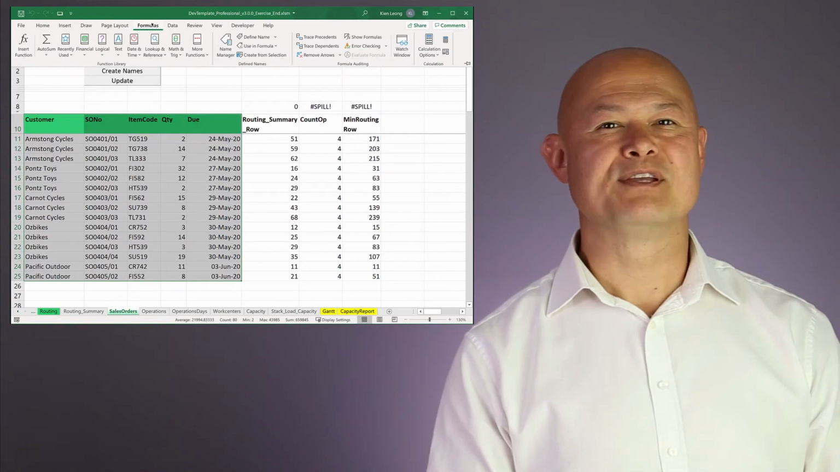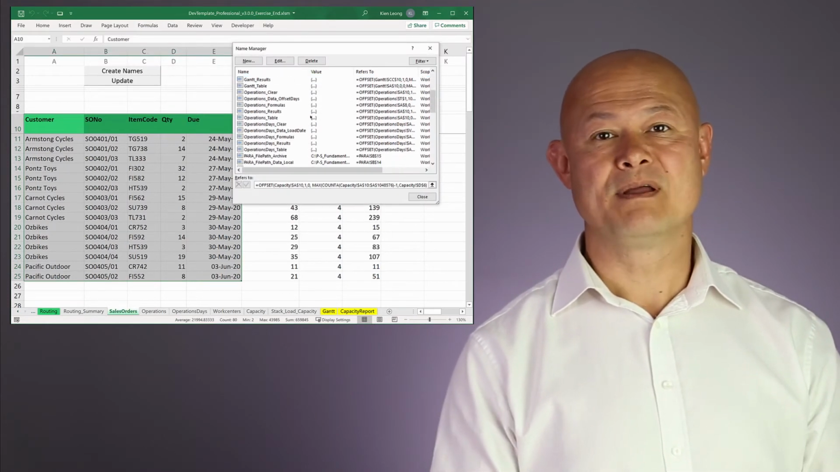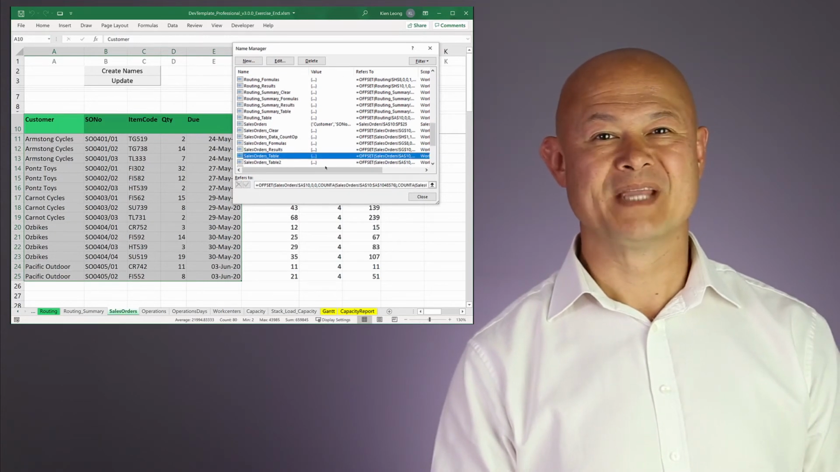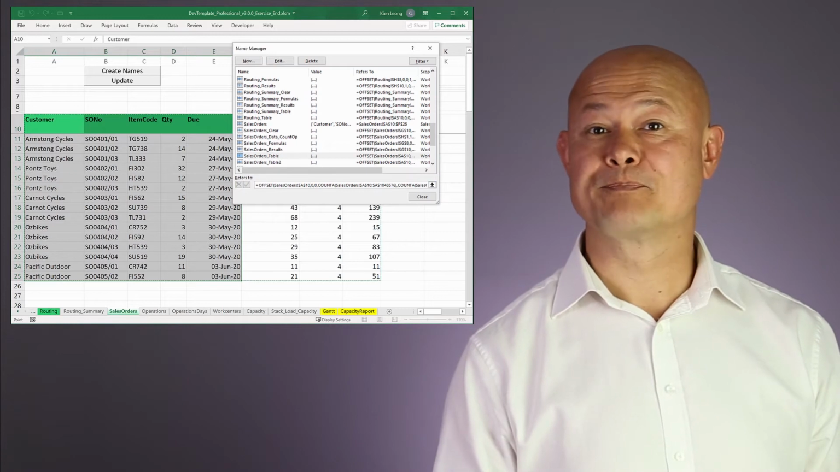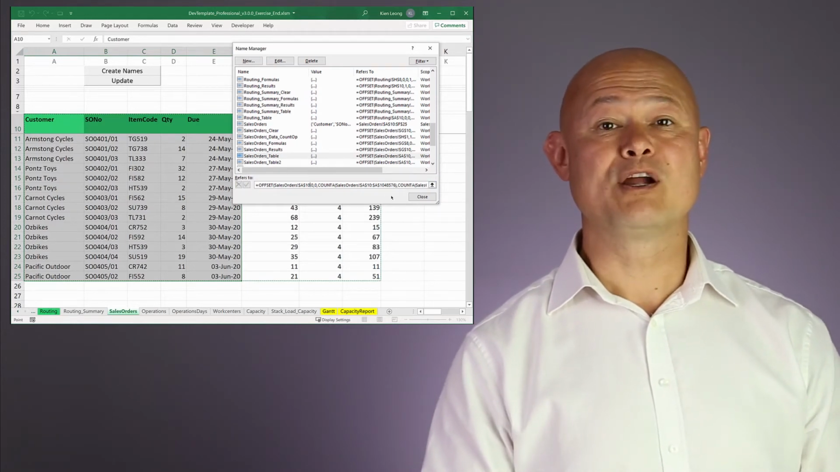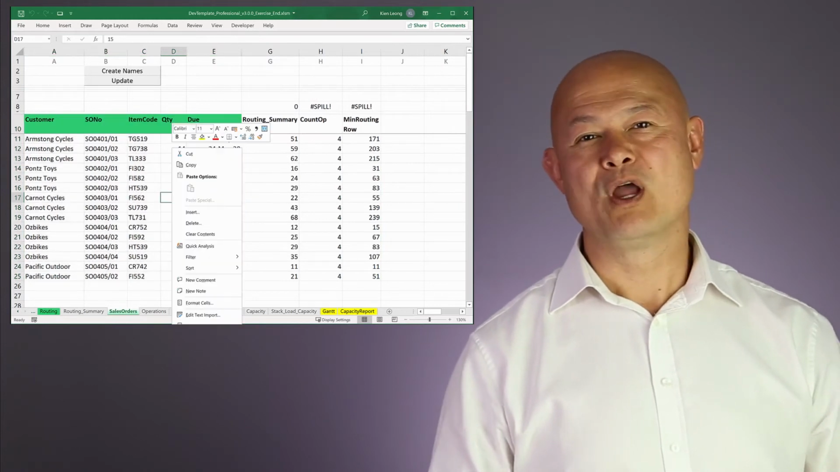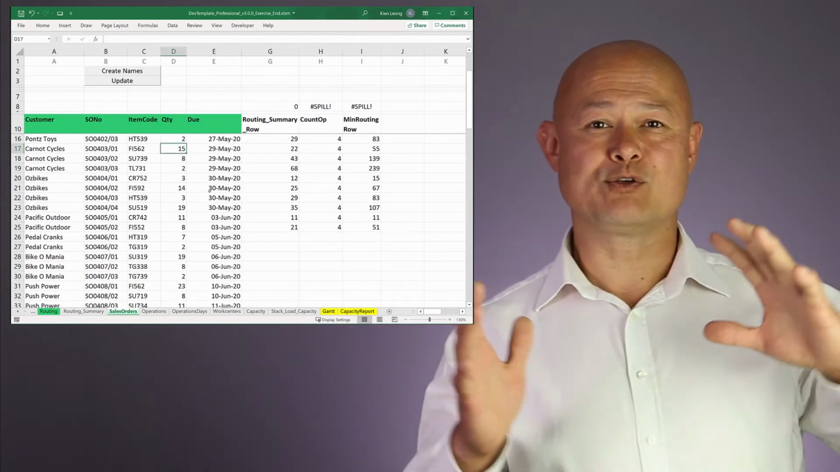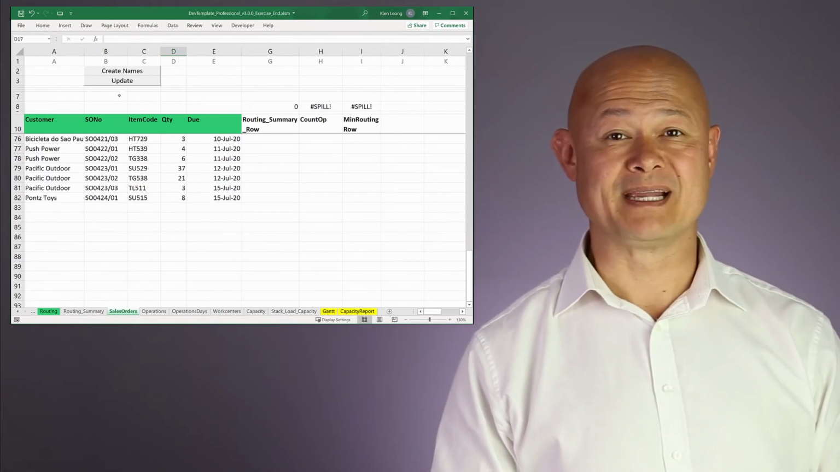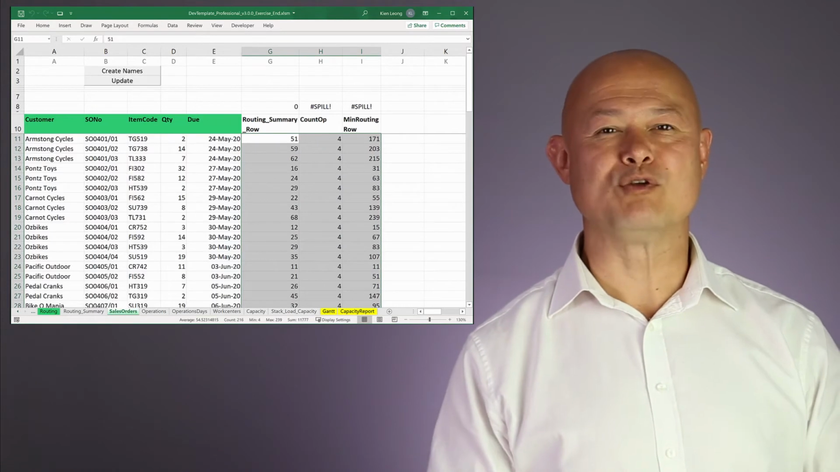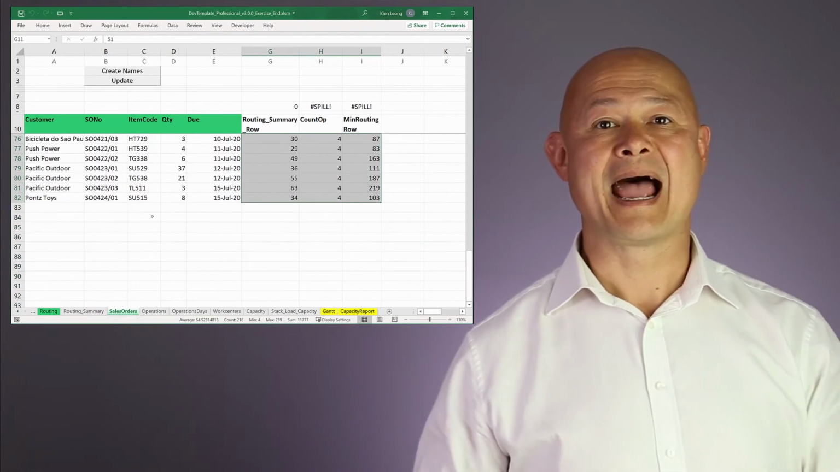In Excel, there's a feature called named ranges, and as you'd expect, that's a name that you give to a range of cells. The key thing is that a named range can be defined using a formula. And if we can use a formula, we can create a dynamic named range. A dynamic named range is one where the range can expand or contract to exactly fit the data that's coming